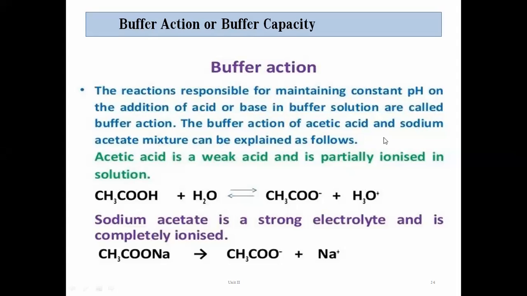The buffer action of an acetic acid and sodium acetate mixture can be explained as below. Acetic acid is a weak acid and it is partially ionized into acetic